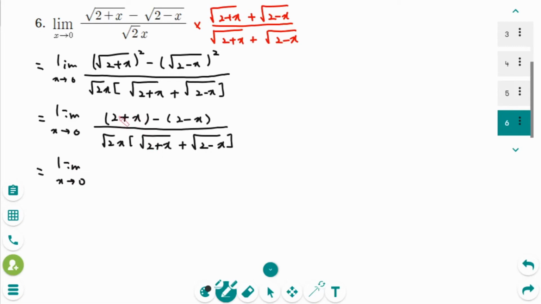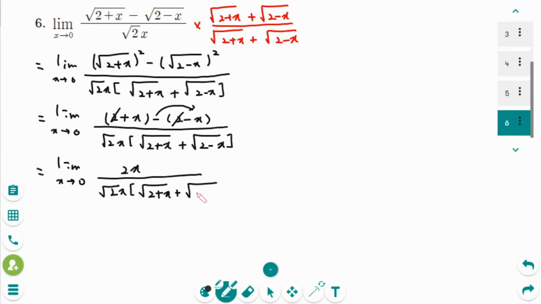And then 2 minus 2 we can cancel, then x minus minus x, which is x, so combine together make 2x over square root of 2x times